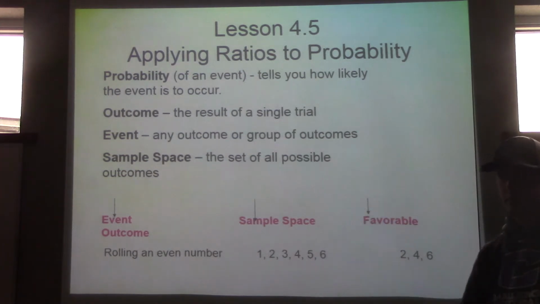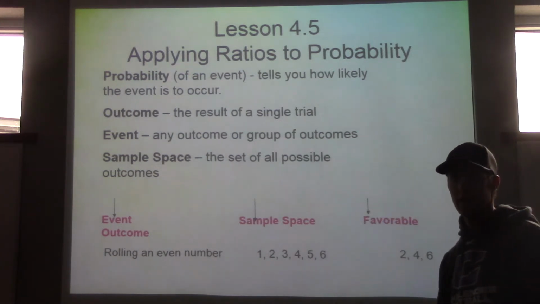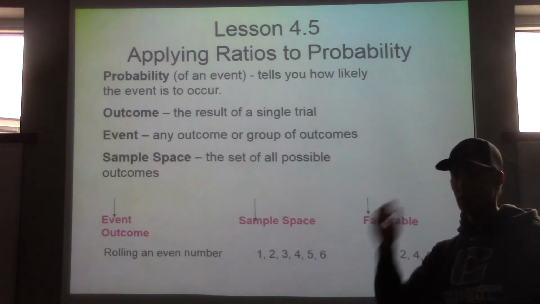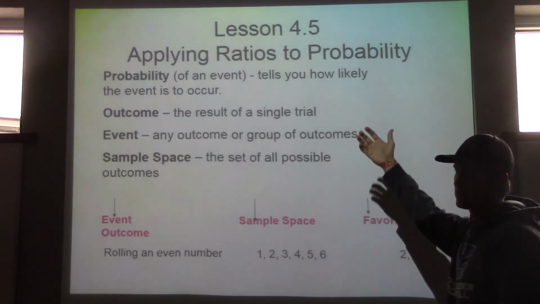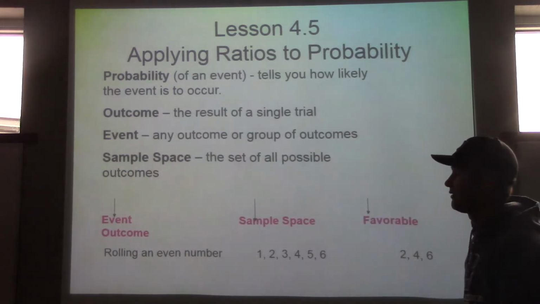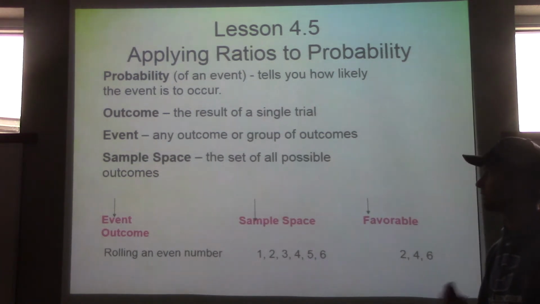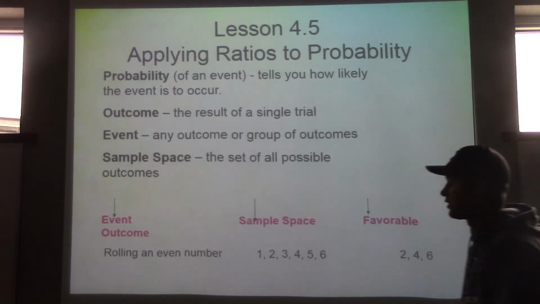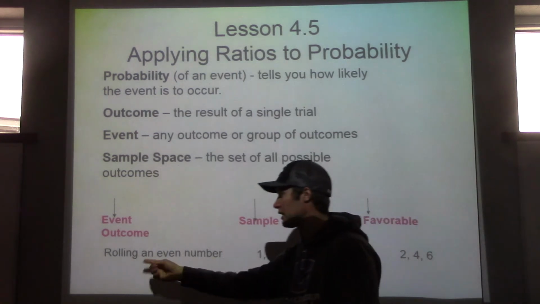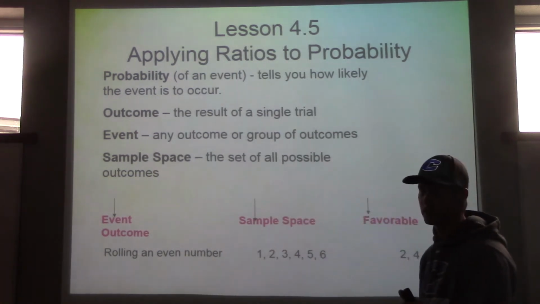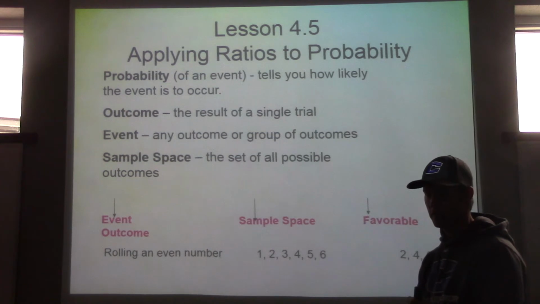Okay, what's the probability of me flipping a heads on it? The outcome is a result in a single trial, so it would be 1. The event is the outcome that we're looking at. Sample space is how many times we do it. Right? So all right, what's the total possibility? So when we look at the event, rolling an even number, sample space, well, if I roll an even number,